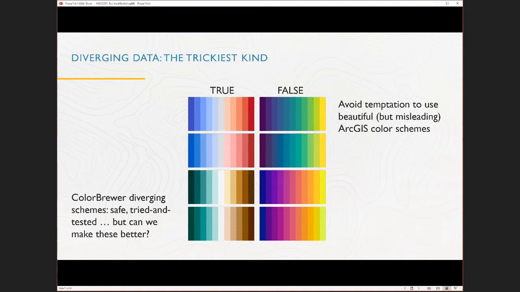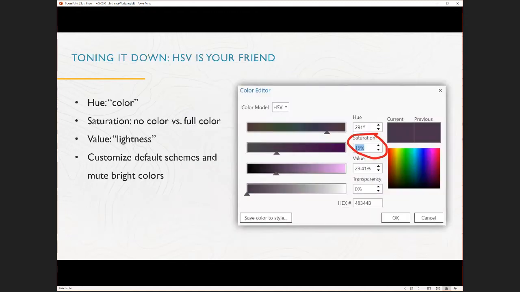And the diverging data, you know, especially like this teal versus brown, these are ColorBrewer schemes. They are available now in ArcGIS Pro by default. I'll show you how to turn those on. But we see these all the time. So one of the things I'm going to show you is how to take those colors and just modify them and save them to your own style. So we can tweak them, make them a little bit better. Now, one particular example of this